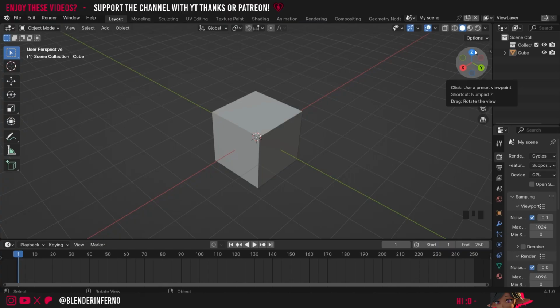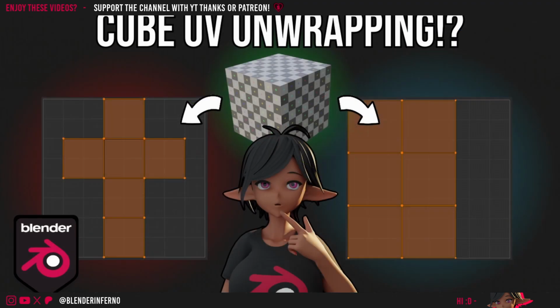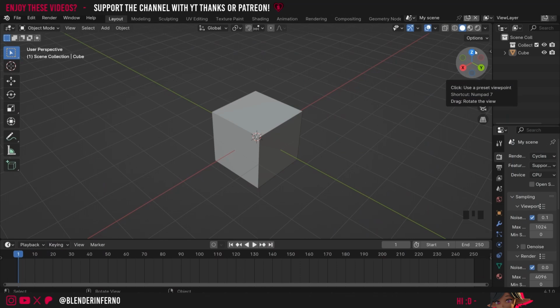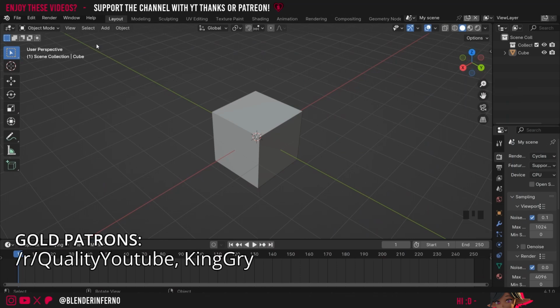Today I'm going to be showing you guys the two main types of cube UV unwraps that you will probably use in Blender. One of them is made using the process of UV unwrapping, and another one is created much quicker. First though, in order to see what our UV looks like, we're first going to need to left click our object to select it,